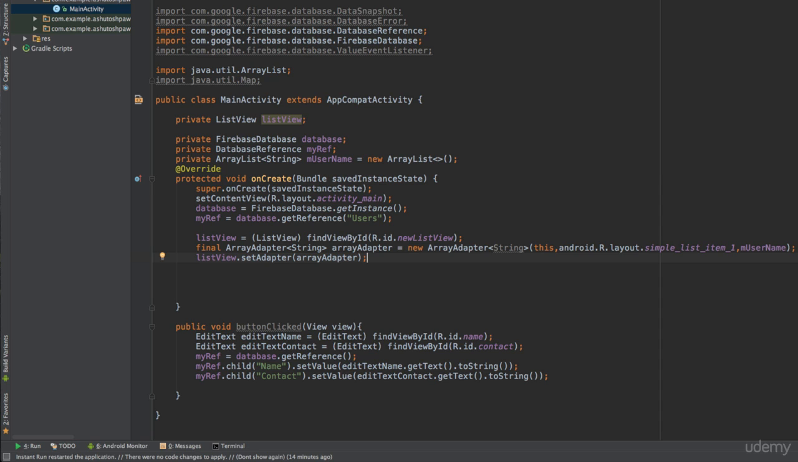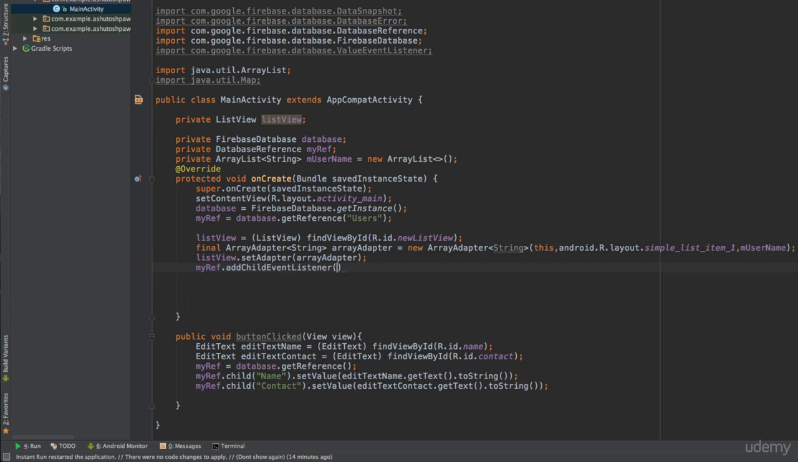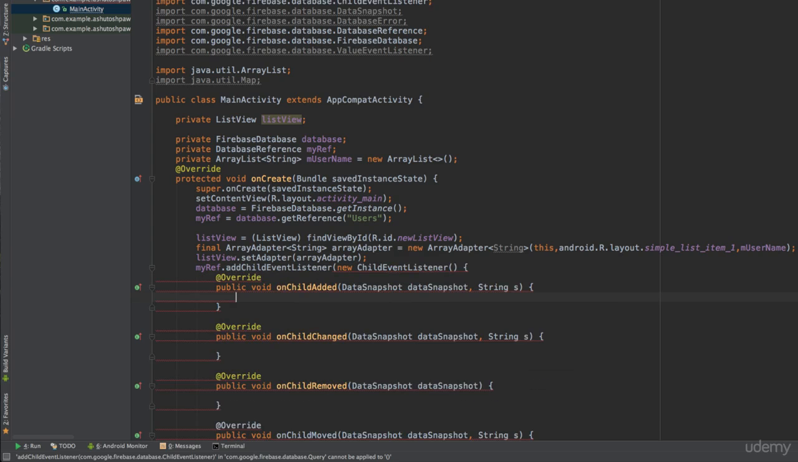So for that, we already have a reference to the users, and what we will do is that instead of adding a value listener to it, we will add the child event listener. The child event listener is actually similar to the value event listener, but instead it's going to see when the child value is changed. So we will type in myRef.addChildEventListener, new ChildEventListener, and it's also going to